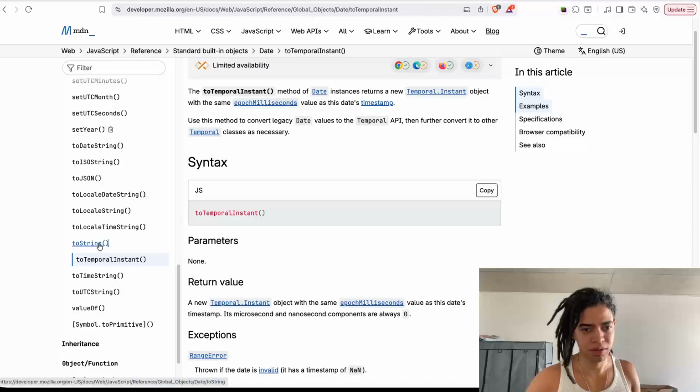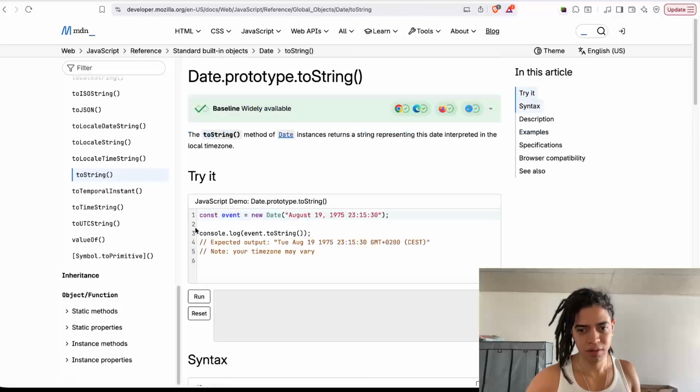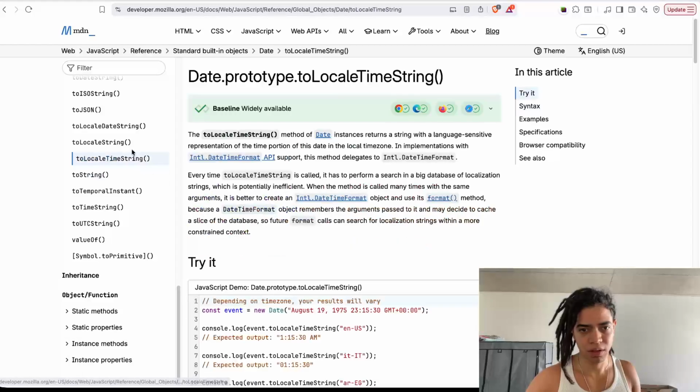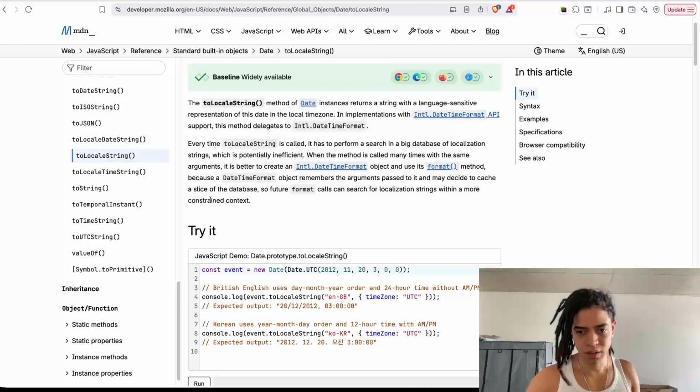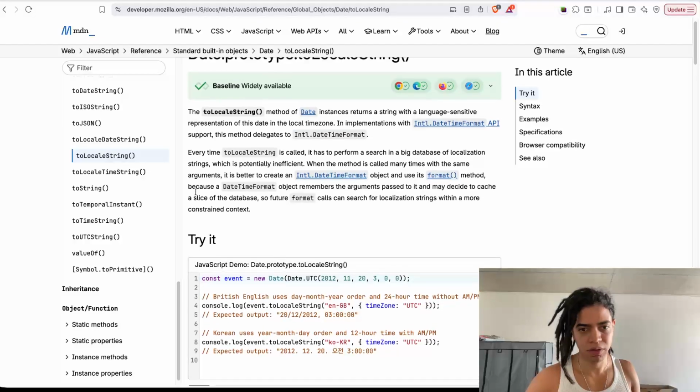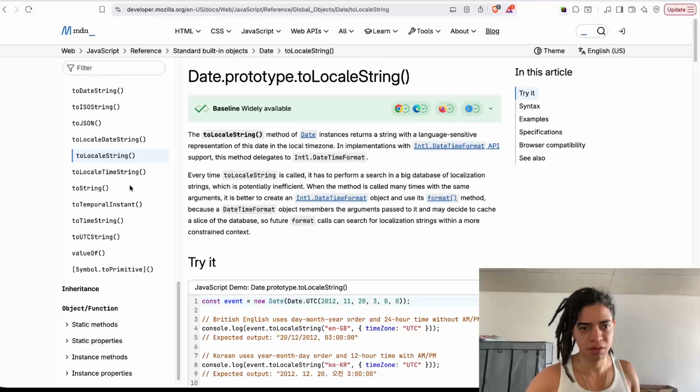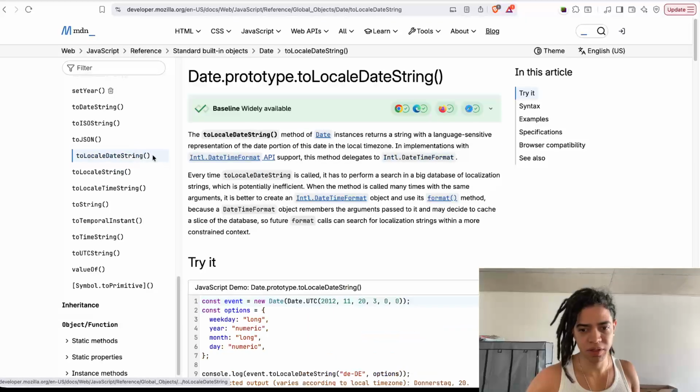Okay, so toString is going to convert that fully to local time string or to local string, and this is the expected output. To local date string,